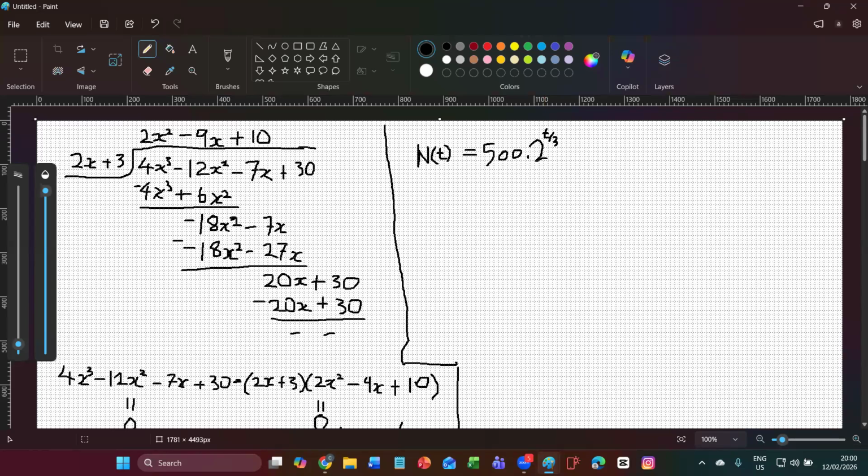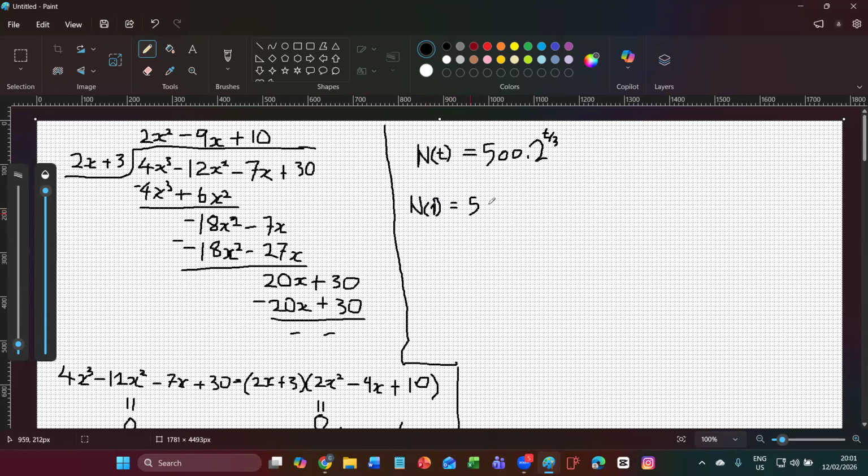So first off, if we follow through with this, guys, N1, that is after 1 hour, means that anywhere we see t, we're substituting the value 1. This will give us